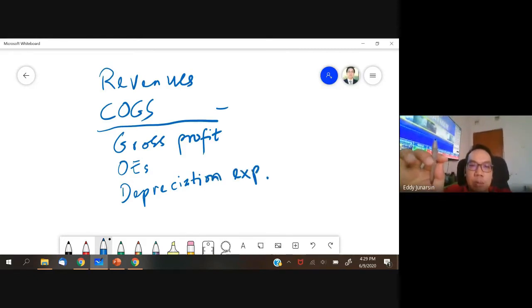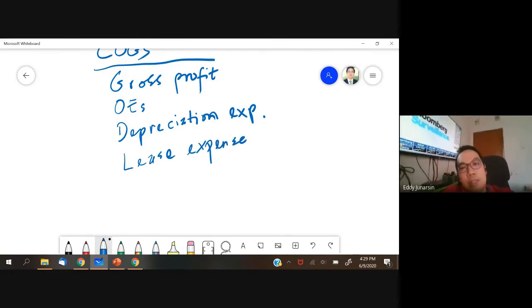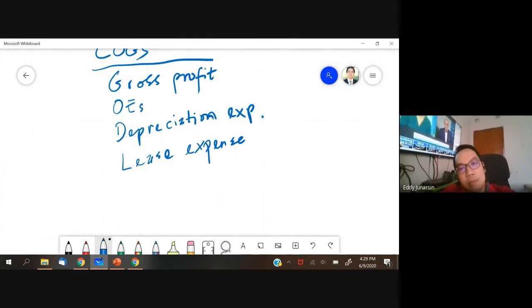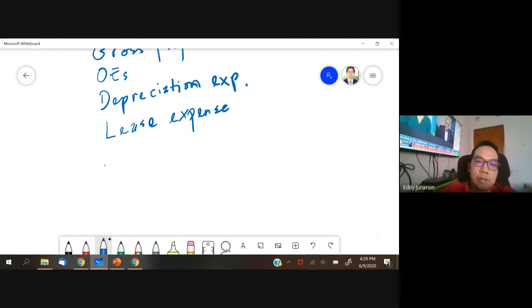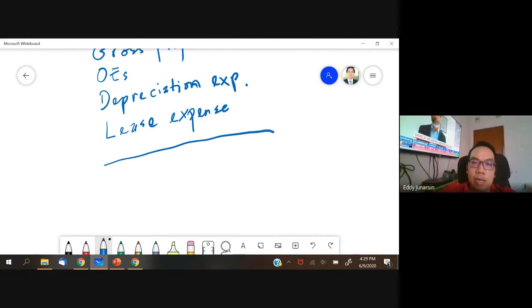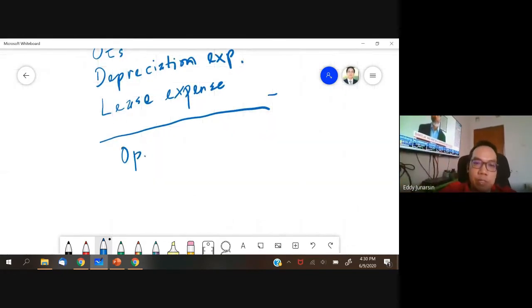And then we might have what else? Lease expense. And then maybe some other types of operating expenses. And if we deduct all of the operating expenses from gross profit, you'll get operating profit. Operating profit, and then you deduct the other